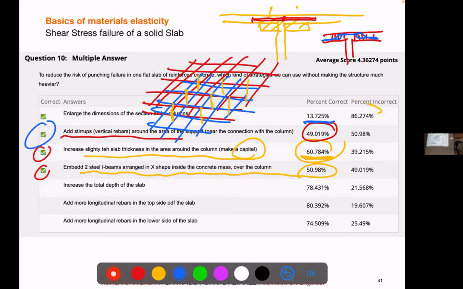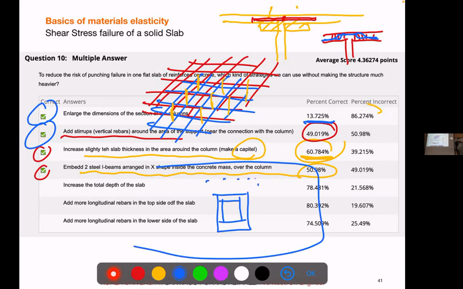And very few people thought, but if we make the column larger, right? If we have that column with the slab around, and we make the column larger, we increase the area of fracture. So that stress is shared in a larger area. So sometimes just increasing the size of the columns is enough. It's very intuitive, right? If you have a problem of punching, the thinner the column, the easier to punch. This we know by experience. So if you put a thicker column, it's more difficult to punch. How do you punch things? By having sharp edges, right? So it's a very easy way of doing it. The others do not work.